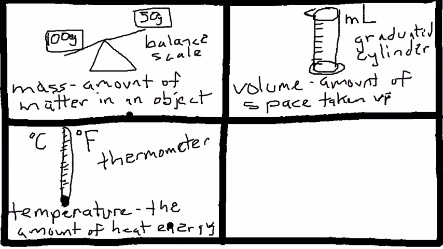Our very last rectangle is going to be other physical properties. We've been focusing on physical properties that can be easily measured with certain scientific tools. Other properties can't be measured as easily and are better observed with your five senses. So these other physical properties, remember you need to write everything I have on mine so that you have it on yours. Other physical properties